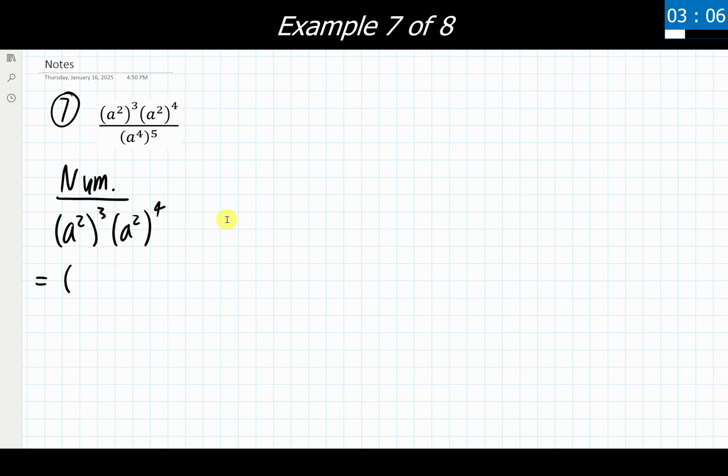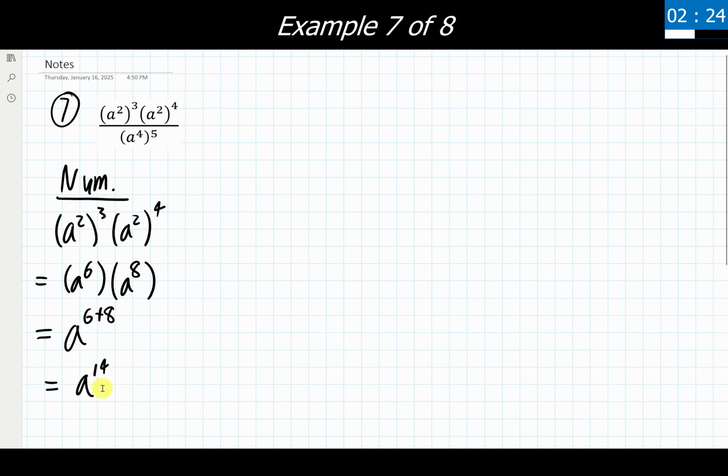So with our first part here, we have 2 times 3. That's going to give us a to the 6th power. And that's going to multiply then with a to the 8th power. Now that I've taken care of the exponents multiplying here, I have 2 bases that are the same and multiplying, which means I can use the product rule. So that's going to give me a to the 6 plus 8th power, which equals a to the 14th power. Perfect. So our numerator is now as simplified as it can be.